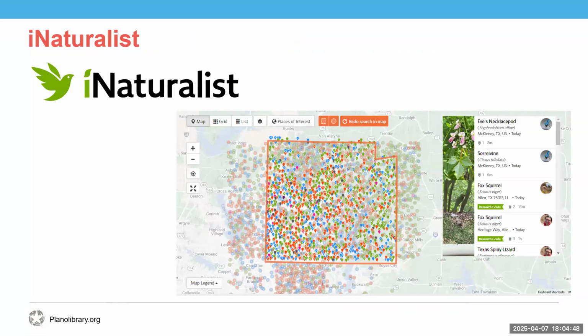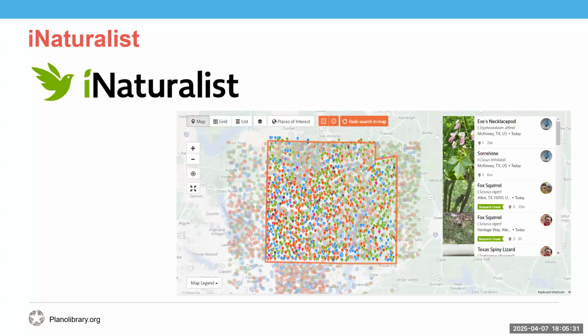iNaturalist is an online social network of people sharing biodiversity information to help each other learn about nature. iNaturalist's mission is to connect people to nature and advance biodiversity science and conservation. It began in 2008 as the master's final project for students at UC Berkeley School of Information. Over the years, it expanded. In 2014, it became an initiative of the California Academy of Sciences, and in 2017, it became a joint initiative with the National Geographic Society. By 2023, iNaturalist had become an independent nonprofit organization.